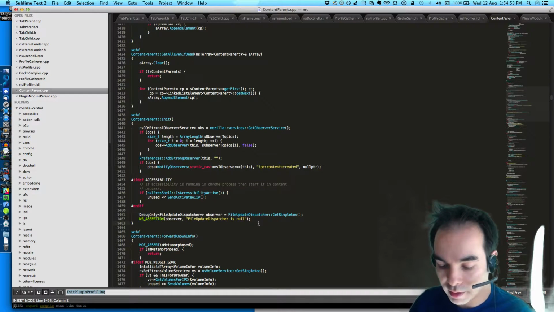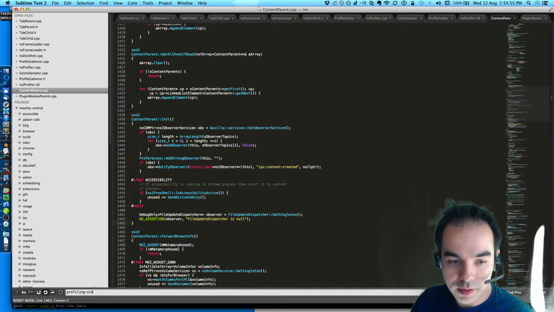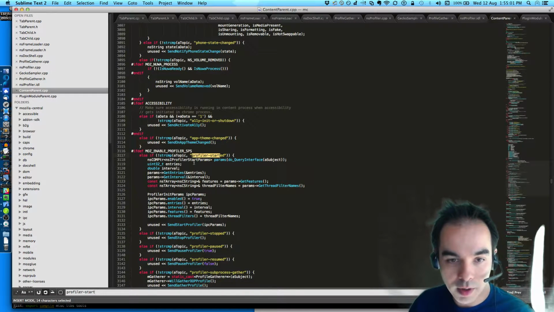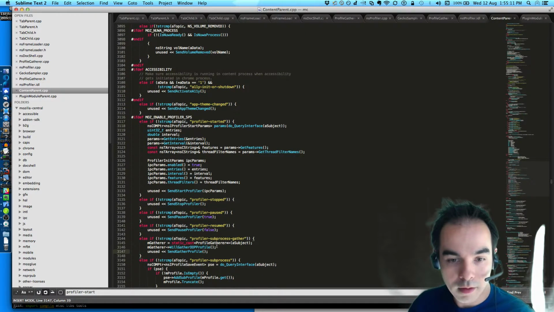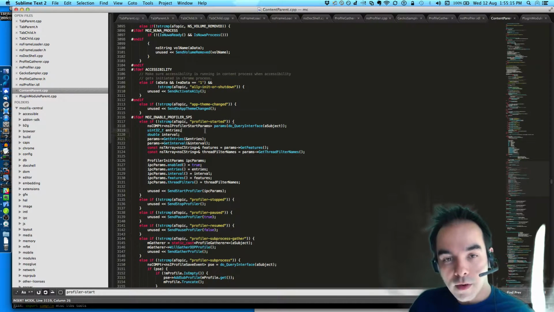Otherwise, profiler start will do the job of giving us a reference to... shoot, that's not good. Profiler start params is what gets passed around during profiler started.